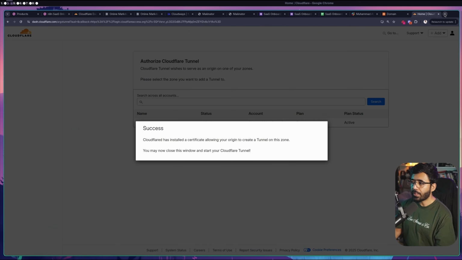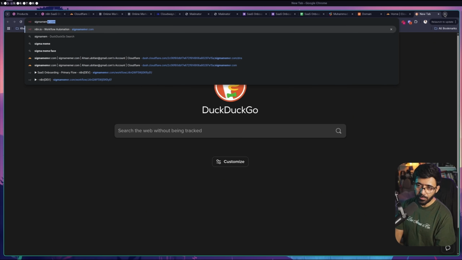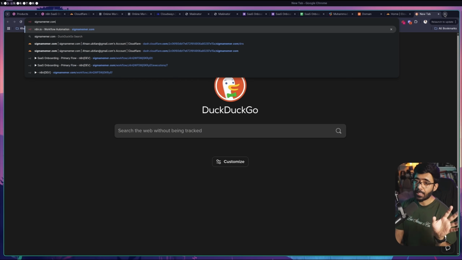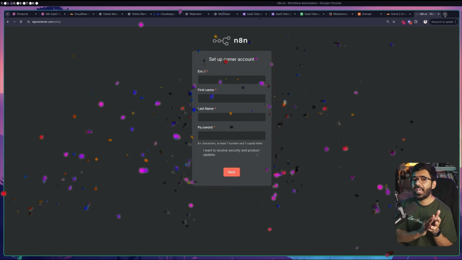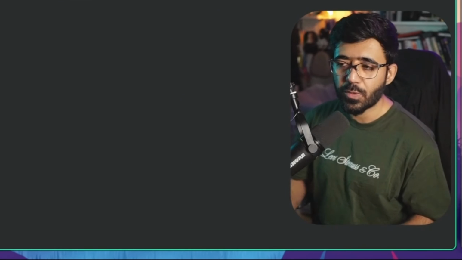So if I go to a new tab, I can go to sigmamemer.com, and this is the first time we are trying it after setting up everything. So if I hit enter, there we go. We see n8n deployed on production. Yay! So just in a few minutes, with the help of Cloudways support and the script that I created, you're welcome,